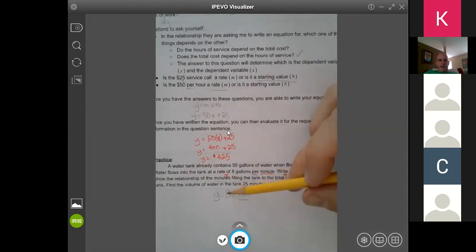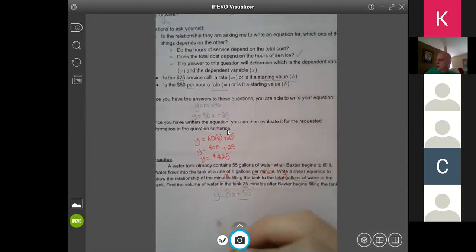25 goes. Is it going to go in place of the Y or in place of the X? Because X is minutes, right? It says 25 minutes, so I'm now going to replace X with 25. So to evaluate this, I'm going to say that our total of Y is